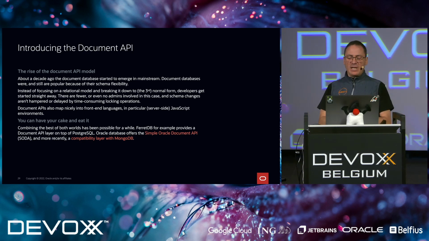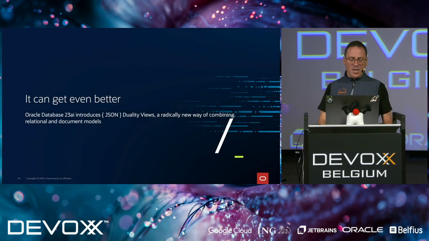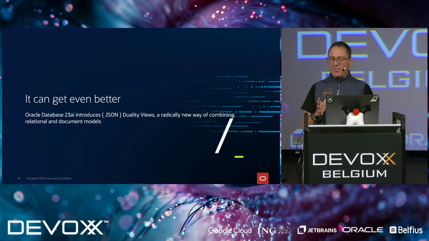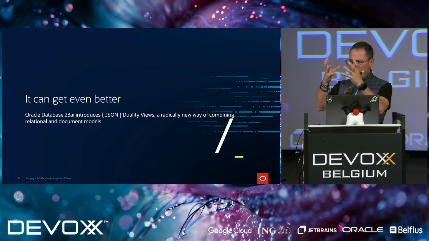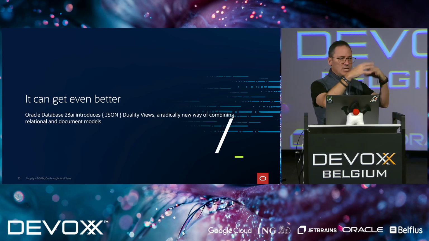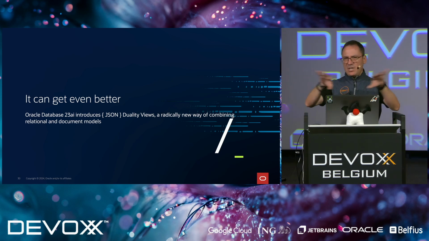In the case of Oracle, we have an API called Simple Oracle Document Access, SODA for short. There's a REST version and there's a Java version, and both of them are available as open source projects for free. You can go into the Oracle GitHub organization and just search for SODA, and you will see there's an open source project out there that continues to push out updates on how you can access documents through the Oracle database. But we can do things better, because so far you may have been thinking that, yes, I have a JSON document, I can put it in a database, and I have relational data, I have geo and something else, but these things are a bit separate.